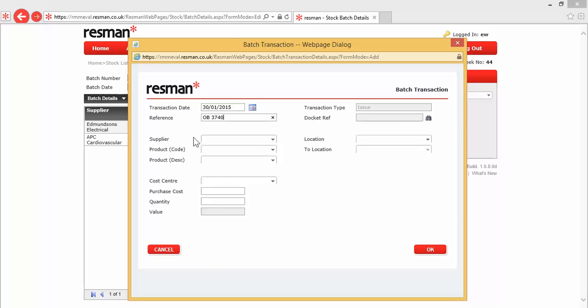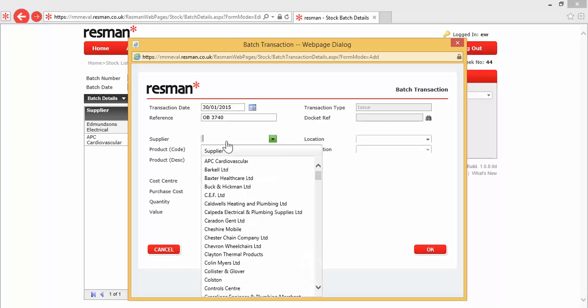and at this point we can now see in our batch transaction form that we could select a supplier, a product code or a description. This is hierarchical, so if we choose a supplier, it will then only give us the product codes and products for that particular supplier. We can search using the leading characters of either a supplier name, a product code or a description, and when we set the focus in any of these fields it automatically gives us the drop down